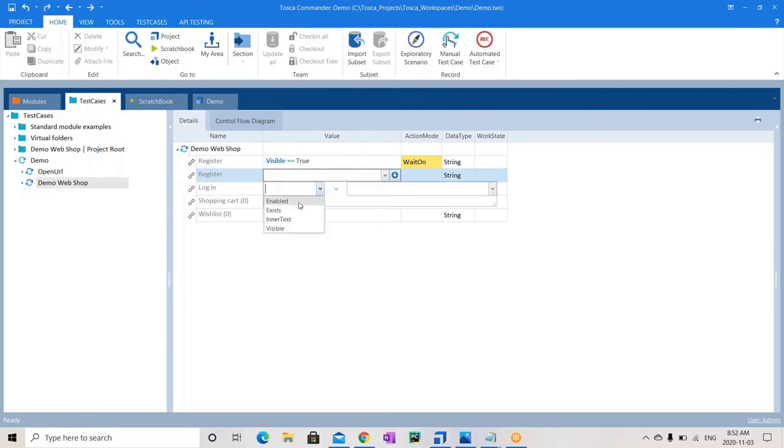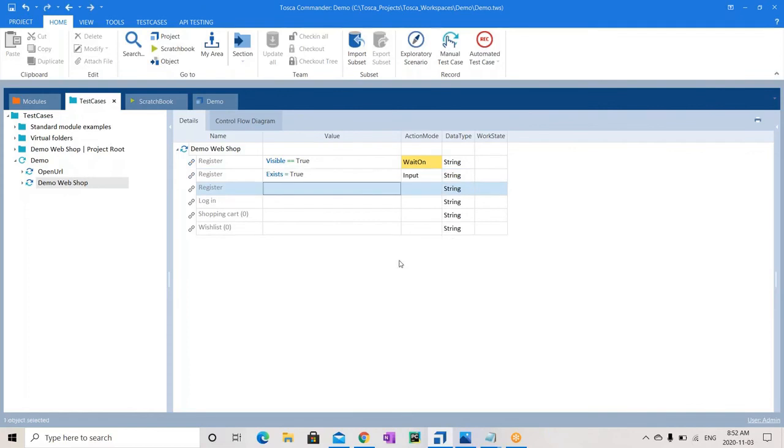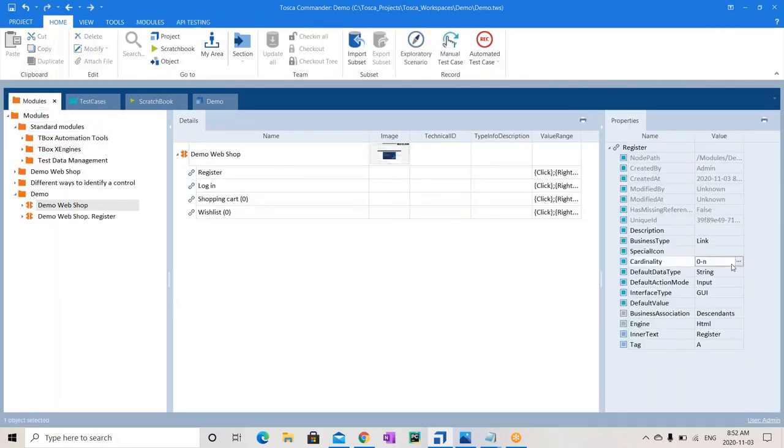I want to verify whether this particular button exists or not. See, again this register attribute came. This cardinality tells us how many times you want to repeat. This is also one for sure interview question that comes up.